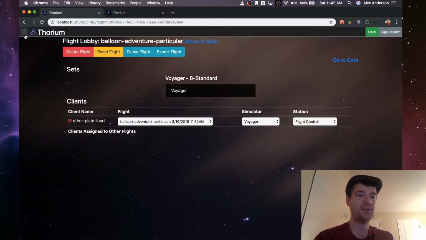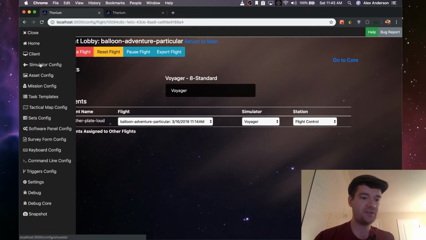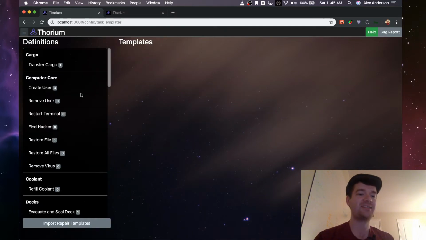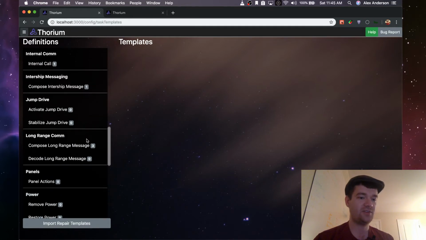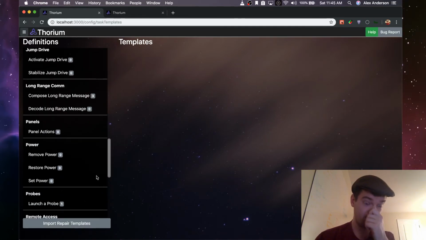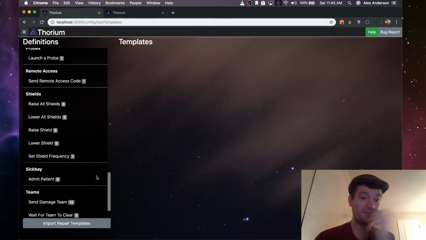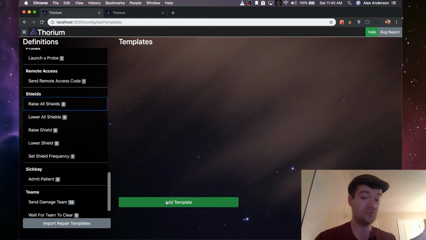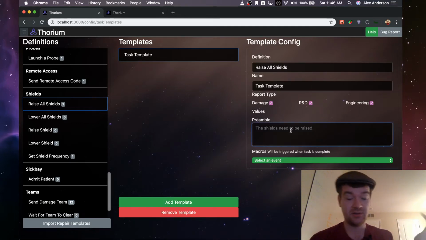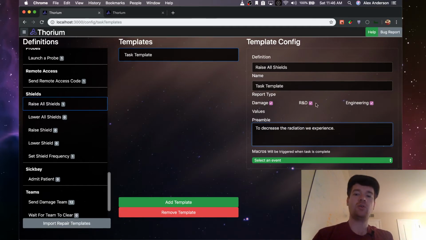So we'll come over here to our simulator config. Well, first, if you're working on the task reports, you have to create task templates. These task templates are what define the different steps that can be done as part of a repair. So I can find, for example, let's see, for whatever reason, you need to raise all the shields as part of a damage step. So for tasks,